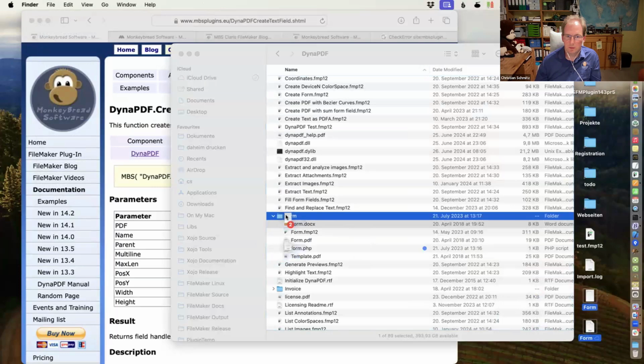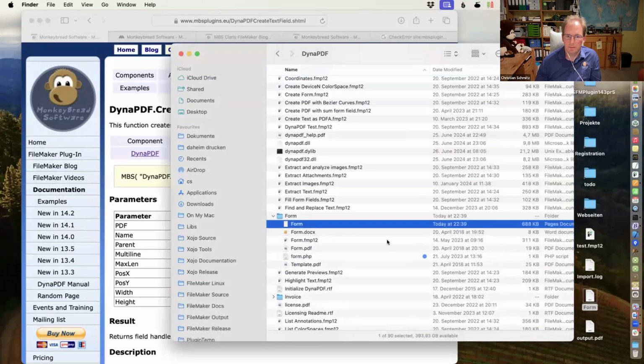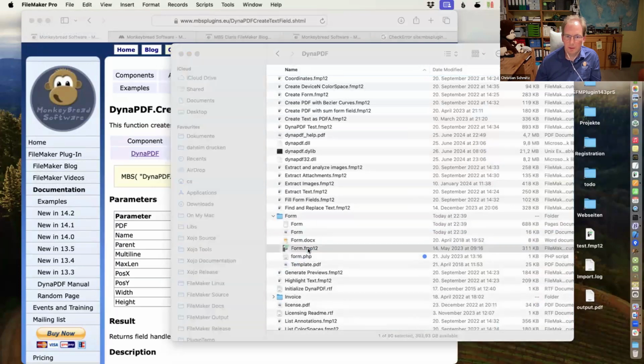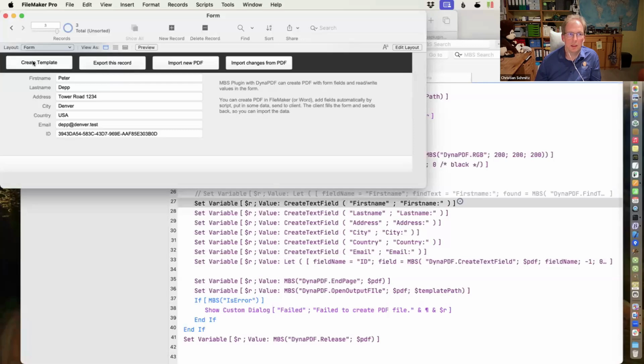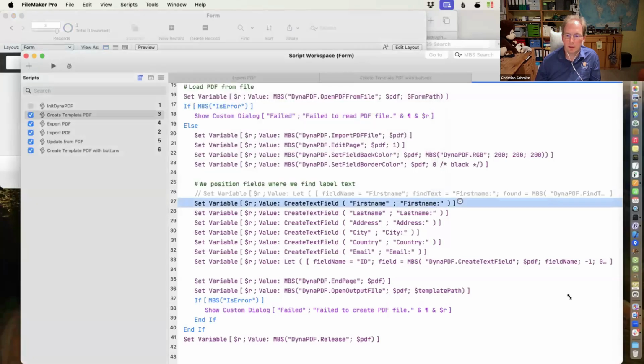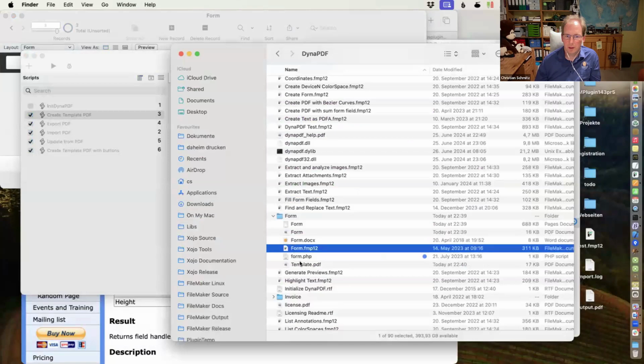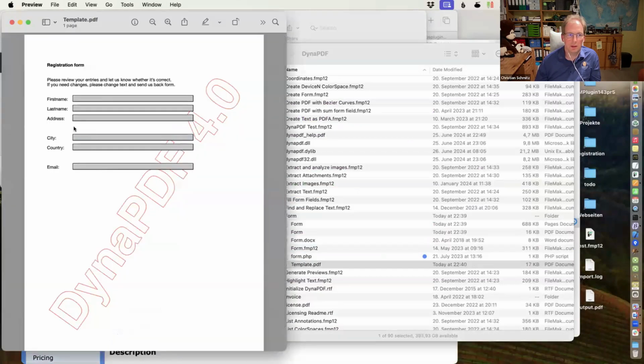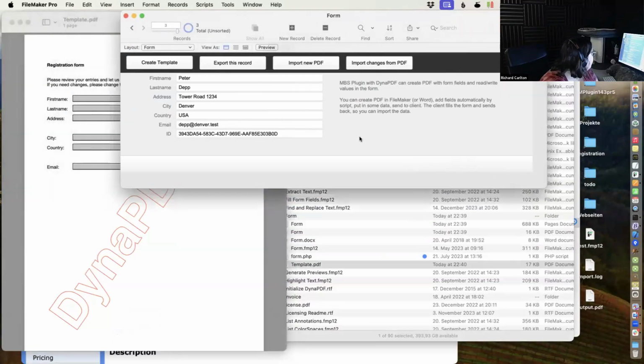Let me just move this in here. And now in my example, I say create the template. And a template is here, and you see it moved down. So we look at the position of the text and automatically create fields for that with the same name. That's nice that it actually reflects that, which is cool.